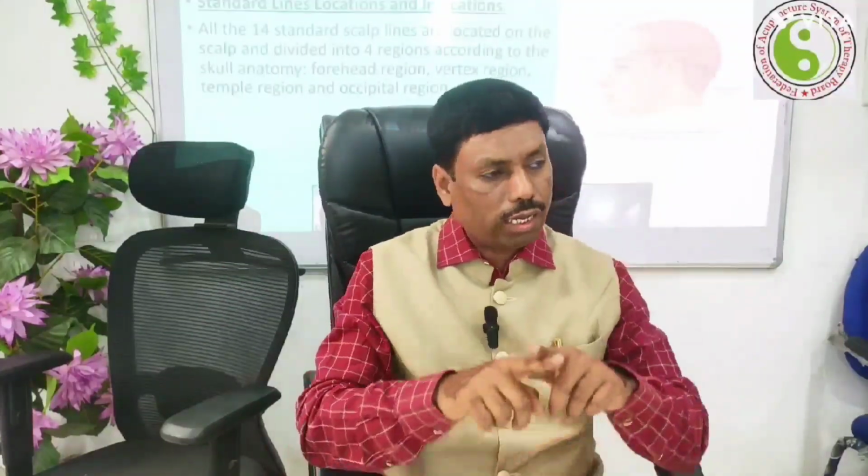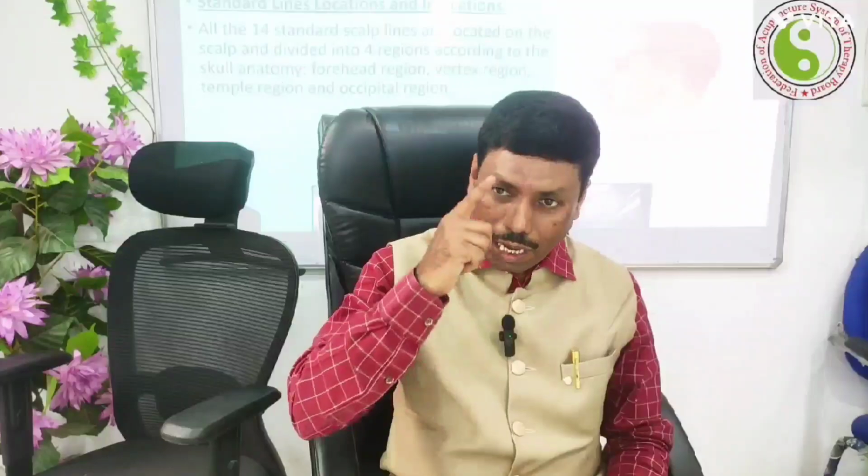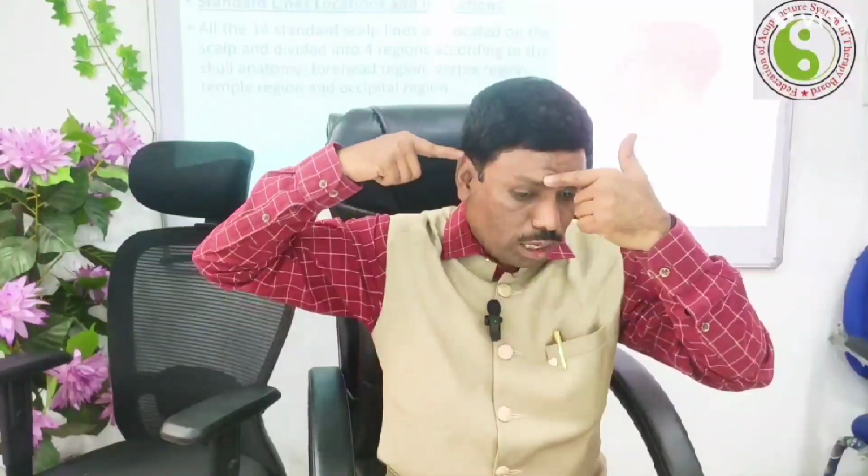Now another modality to be known is the supercilio-occipital line. The supercilio-occipital line runs from the center of the eyebrow, to the ear, to the occipital protuberance. This line crosses the ear and then the posterior region of the scalp. This entire region is known as the supercilio-occipital line. Now you remember the key concept: